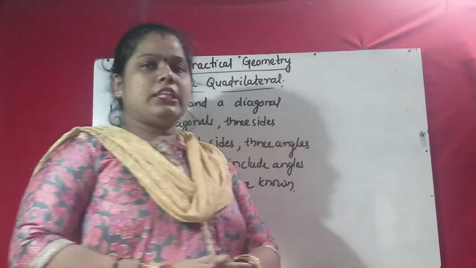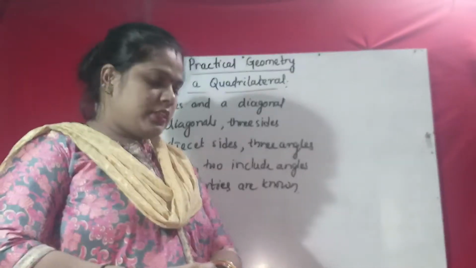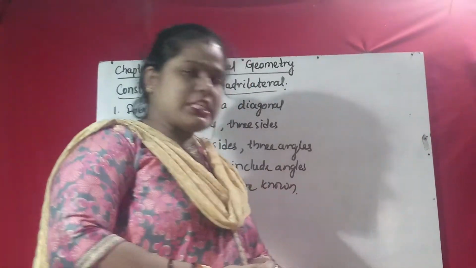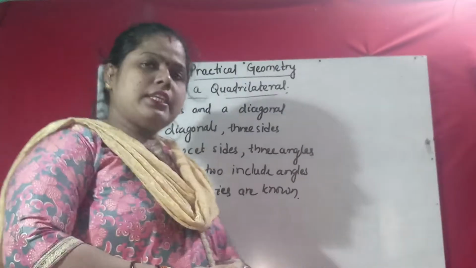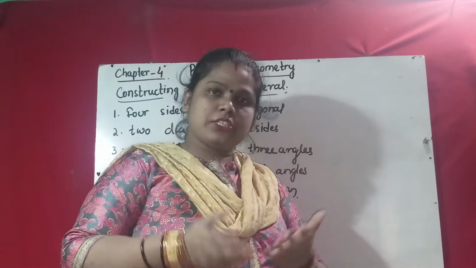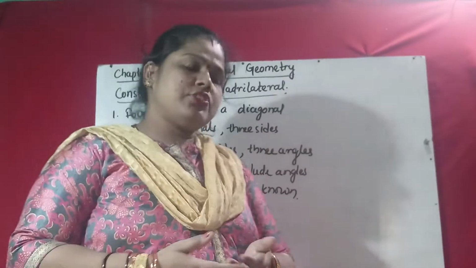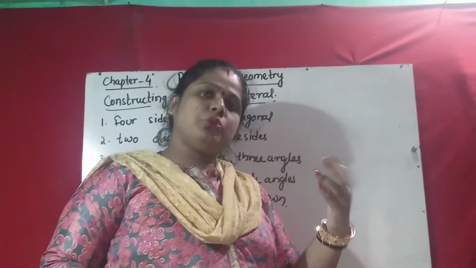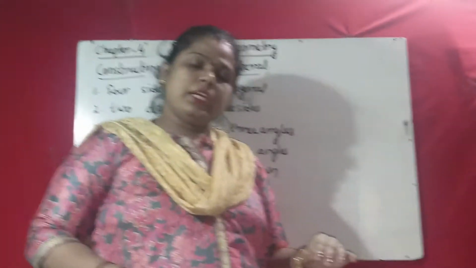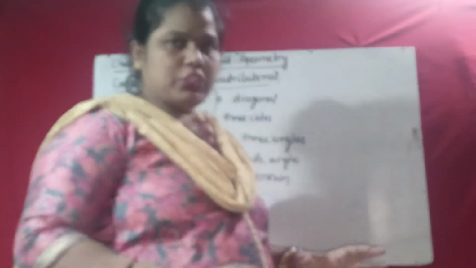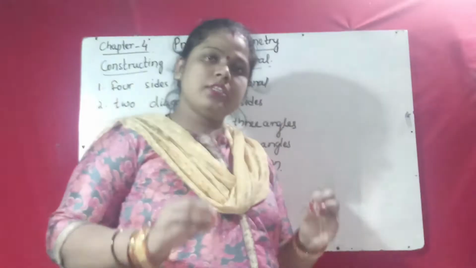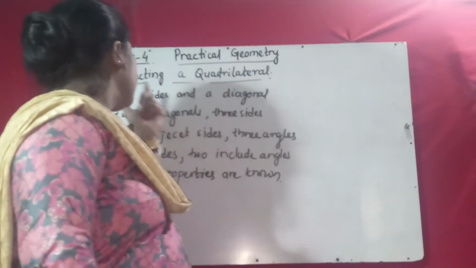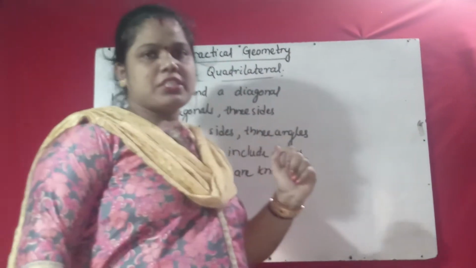To draw a triangle, a minimum of 3 instructions are needed. That means 3 measurements, whether the lengths of the 3 sides, or otherwise 2 angles and one side, or 2 sides and one angle. If such information is given to you, then you can easily construct a triangle. And in this 8th class we read the construction of quadrilaterals, with 4 sides.